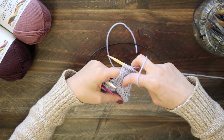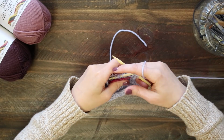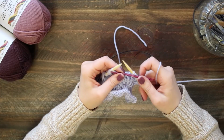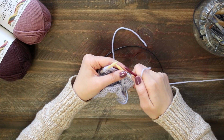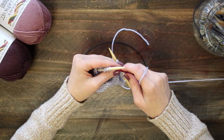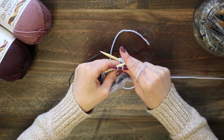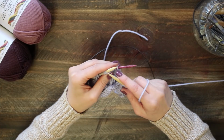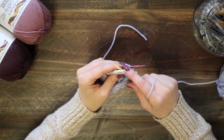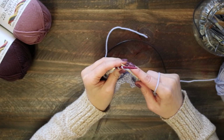Now you can see it's making kind of like a cool X, and that's your lattice pattern. So we'll do it again. So now we have to do our right again. So for your right, we'll slip 2 stitches. It's a little bit awkward. Hold it in back. Knit 1 from your left, 2 from the cable,